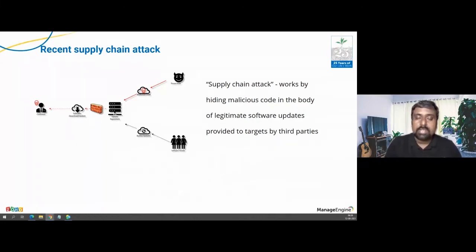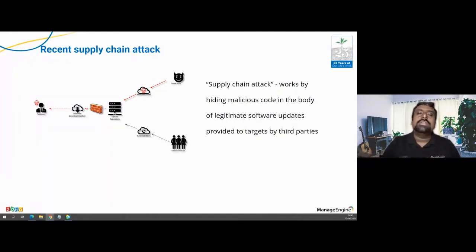They use certificates for communication. They have been signed by famous vendors. I'm not going to mention it, but they've been following all the norms from a security and vendor perspective, but still they were able to upload this malicious code into their package. At some point supply chain attacks will be inevitable, according to the experts. If you want to drill down further, at some point you will have supply chain attacks coming here and there. The best thing for us to defend, or the proactive approach, is to reduce the attack surface.